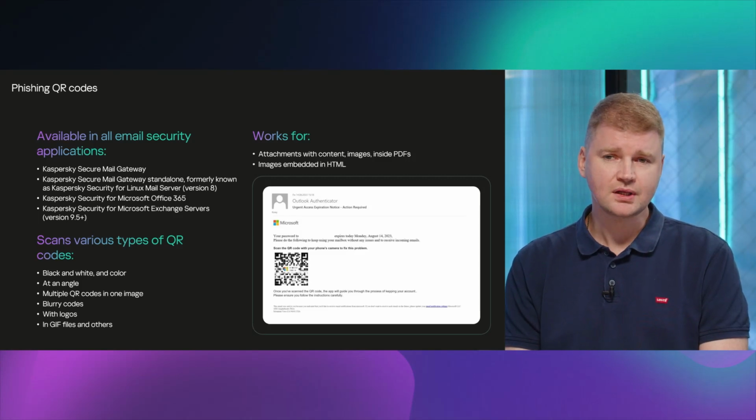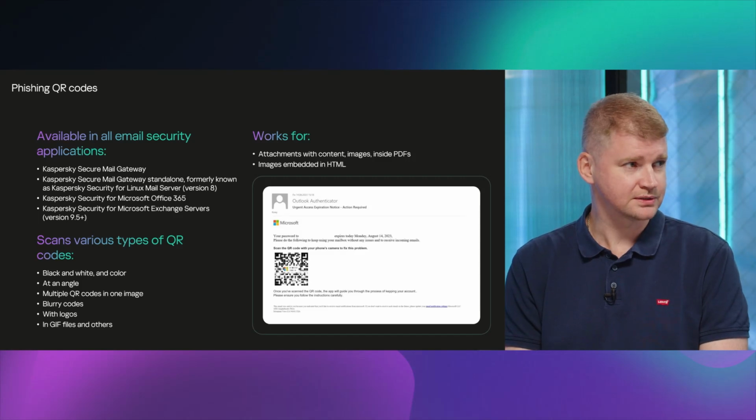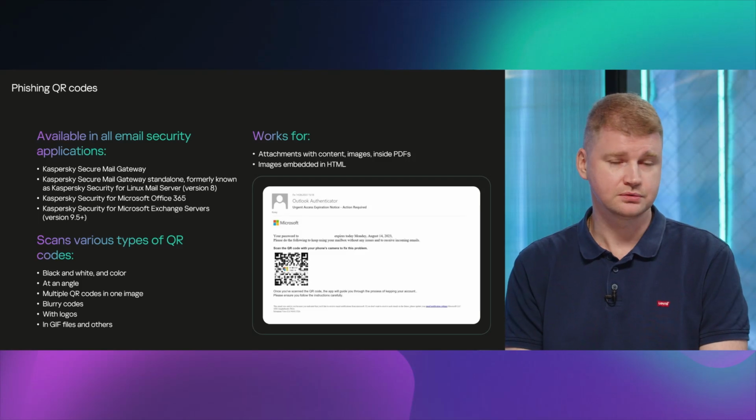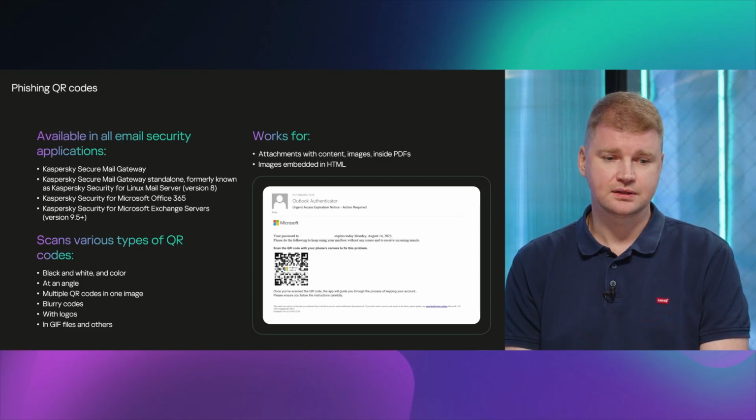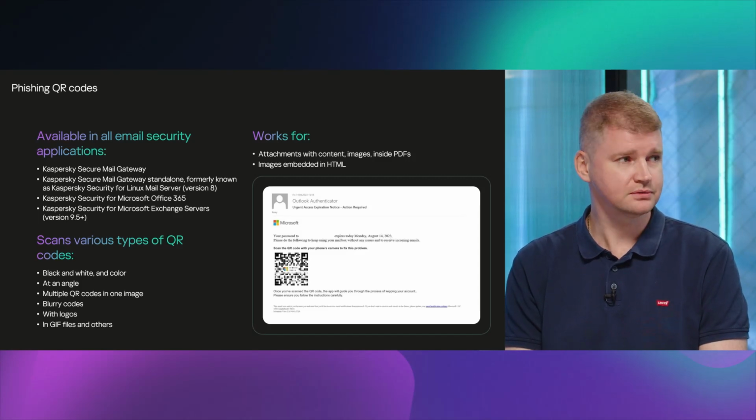And an important thing here is that it is robust and smart protection included in all our products that detects, reveals and blocks any attempts to trick users before they even try to scan QR codes in emails. Thank you, Alexander. I'd say those are very important details for general understanding.